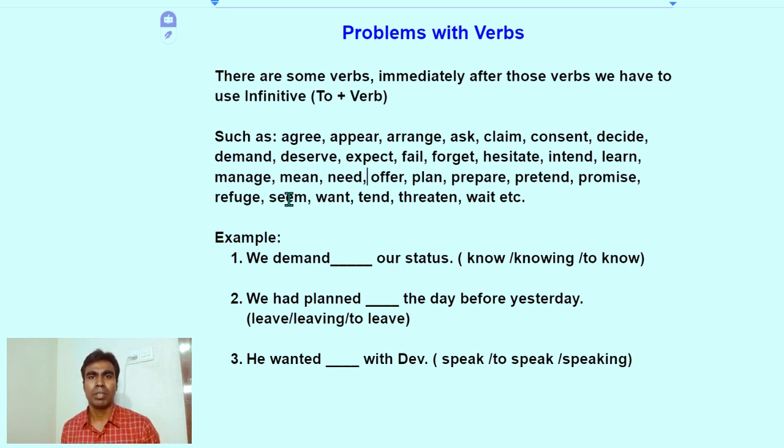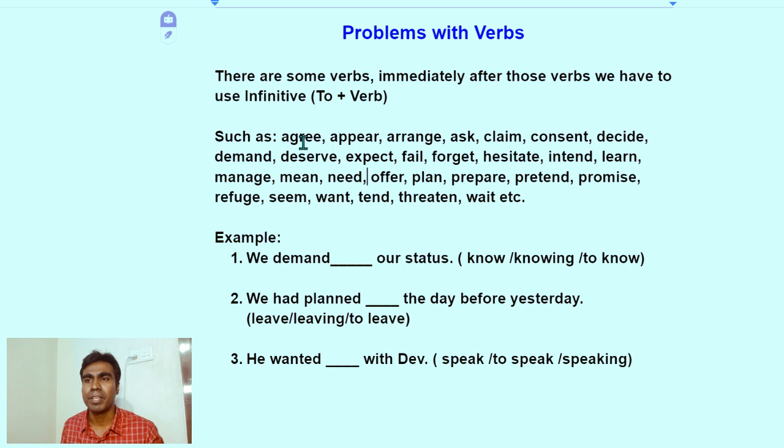Now I am talking about some verbs. Let's see the screen. Here are given problems with verbs. There are some verbs after which we have to use the infinitive, to plus verb. So we can say that including to plus verb is called the infinitive,